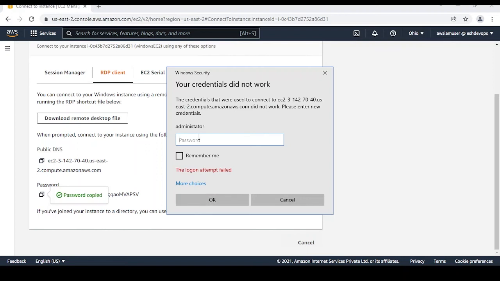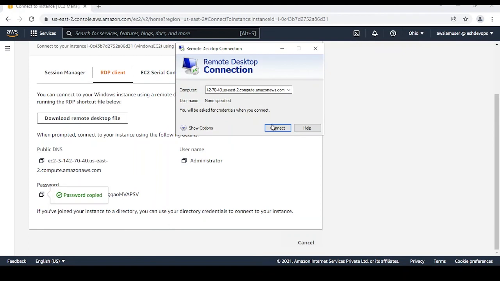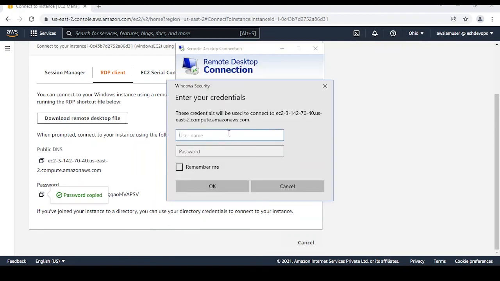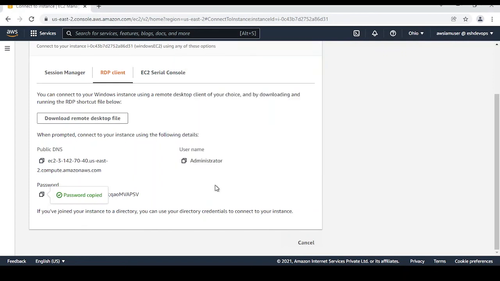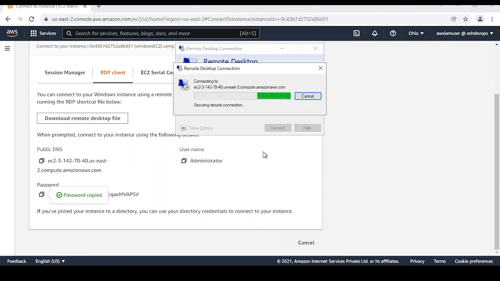Administrator. Okay guys, there was a typo mistake, it's my bad. I just try to connect again, Administrator, and I paste the password. Okay, so if everything goes correct, guys, it will ask you yes or no. If you click yes, it will connect to your EC2 instance.